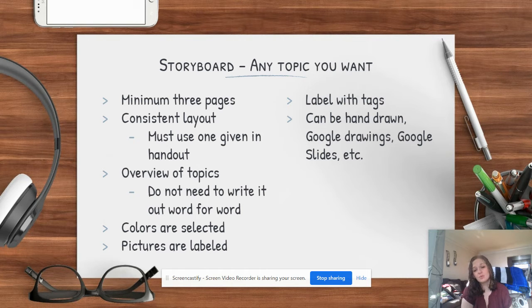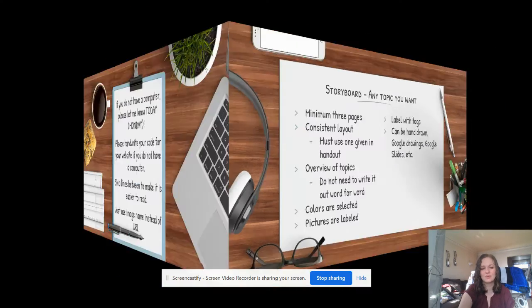These can be hand drawn, or you can do them on Google Drawings, Google Slides, or any online editor that you can use to put pictures in and draw it out. Again, 3 pages about anything you want. I suggest that if you have paper at home, just draw it out. Remember, it does not need to be a work of art. This is an outline, or a picture of what you want the webpage to look like. It doesn't have to be perfect, and to be honest, it's probably not going to be what your website ends up 100% looking like. It's a working document, which means it will change.